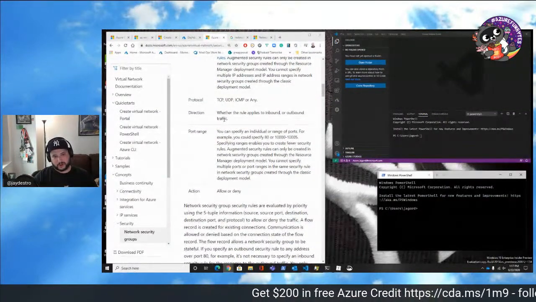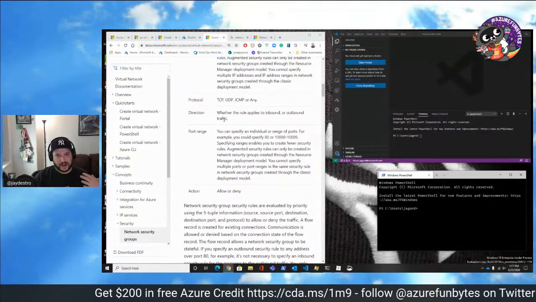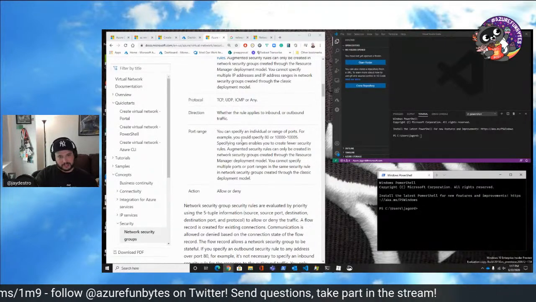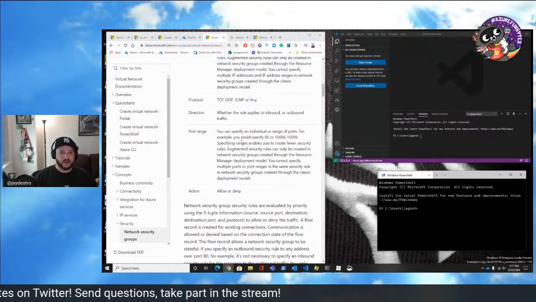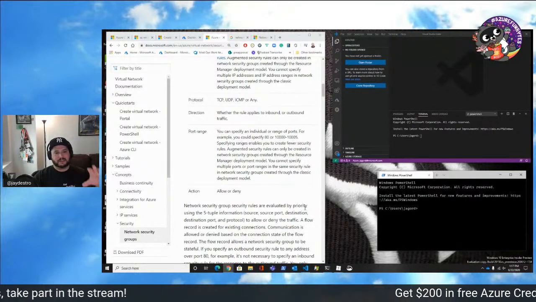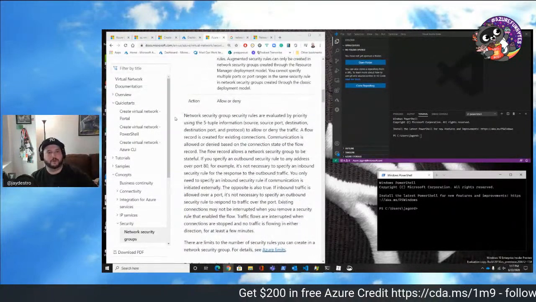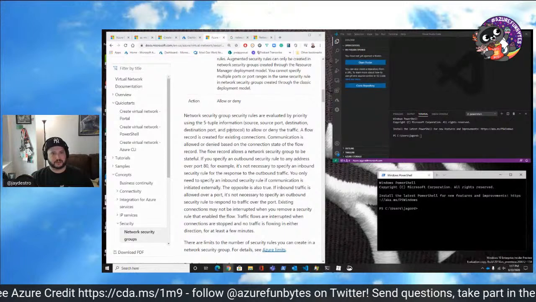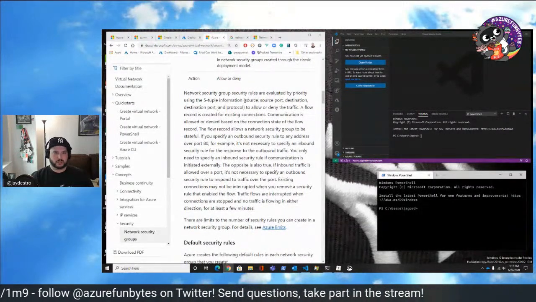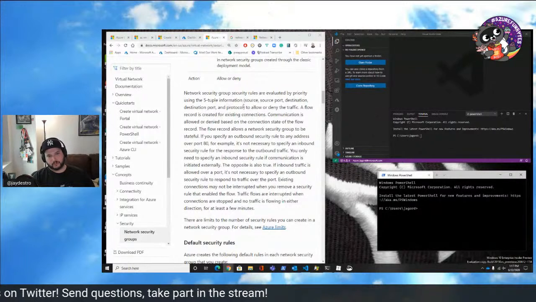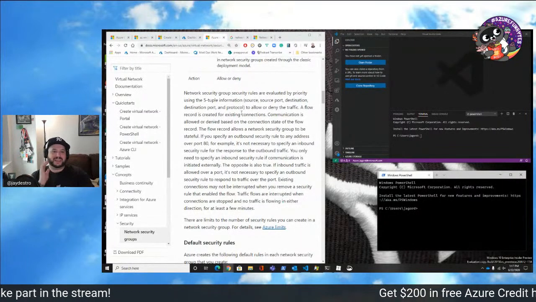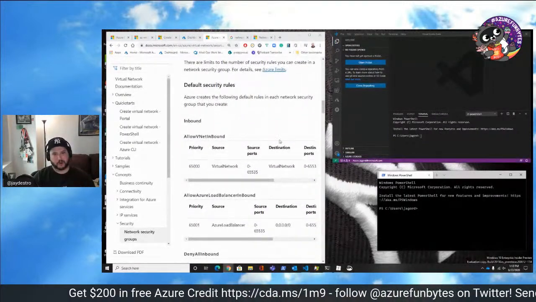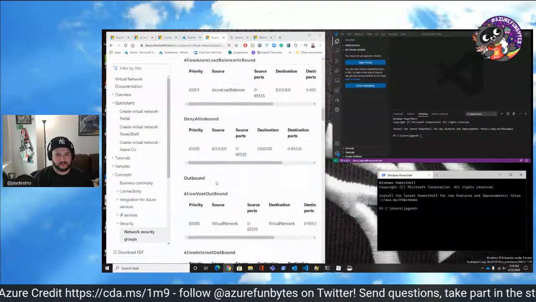You can say whether you're going to be allowing them in or out in those connections that they're making. The port range, so if you want to specify a specific port, like 80 for HTTP, 443 for HTTPS, and then the basic is saying yes or no. Can you do this rule? Can you not do this rule? That's what this allow or deny is. So we use the source port, destination port, and protocol to allow traffic in and out of our security group and eventually into our resources. So there are some default rules. We'll look at those once we create a VM.